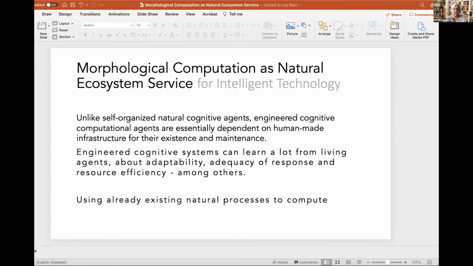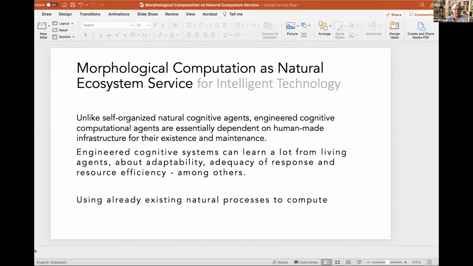So my conclusion is that there are so many open questions that we have seen in these 2 days of conference, which we want to know answers to. And we have a long way in front of us on this journey of learning from nature for the engineered cognitive systems. So efficiency, resource efficiency, especially energy efficiency, is a huge question.